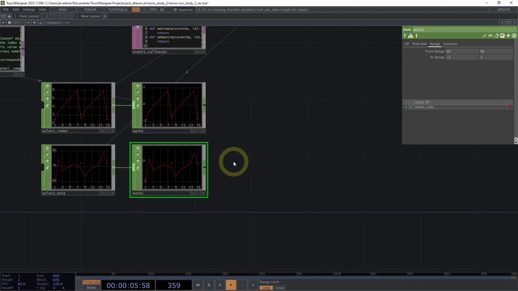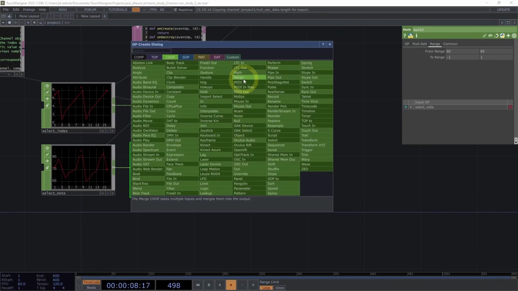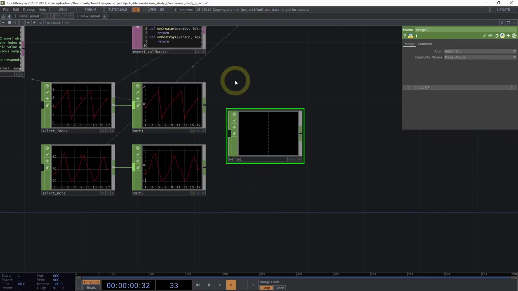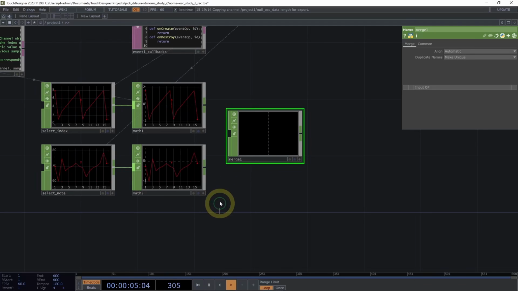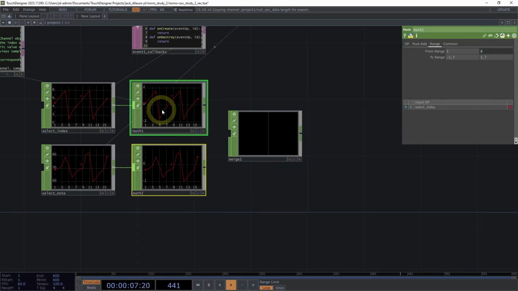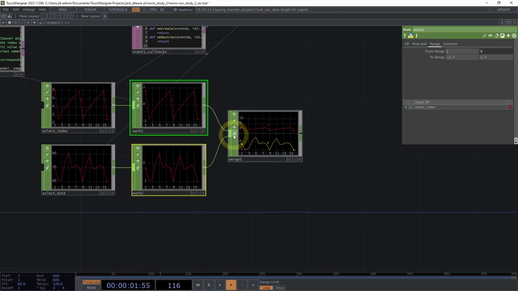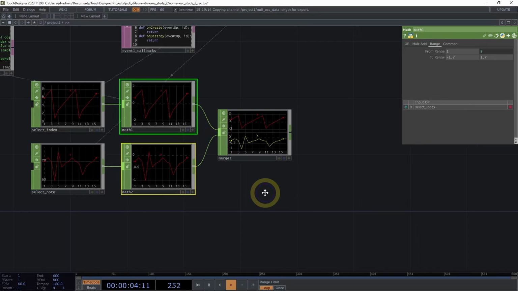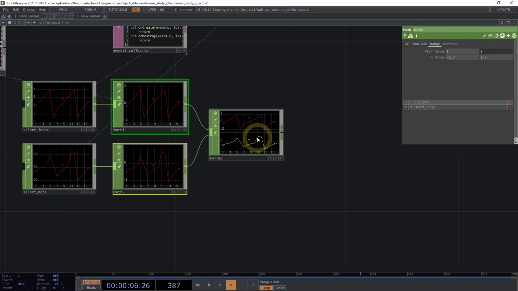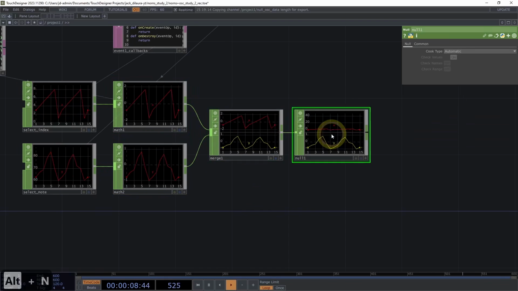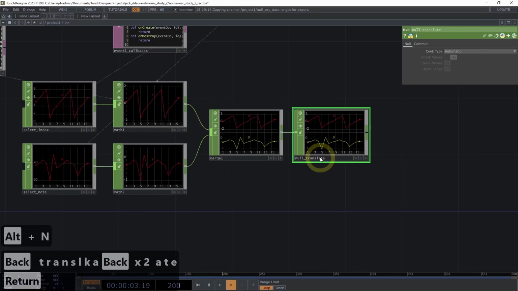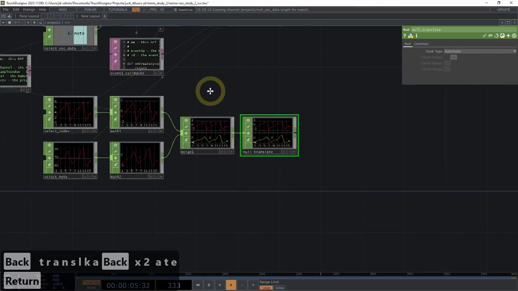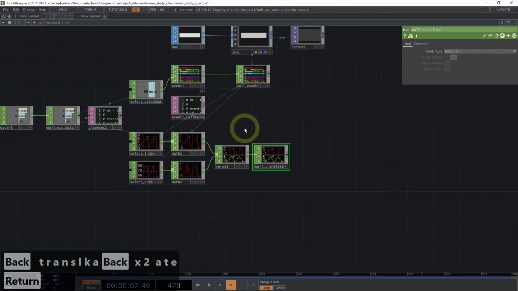We need to now take these two channels of information and merge them into a single chop operator. So I'm going to add a merge chop to the network, and then I'll box select both math 1 and 2, and then click from the output of one of those and drag to connect them both to the merge at the same time. Finally, I'm going to add a null to the end. And this is going to be called null translate